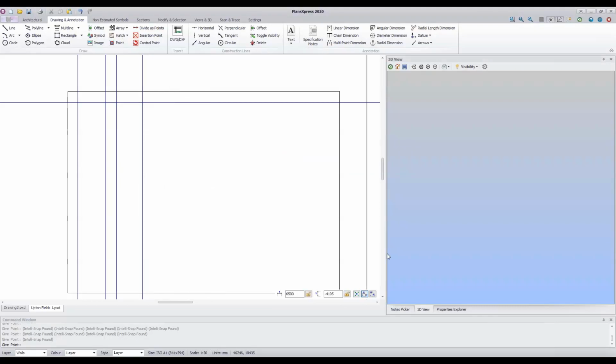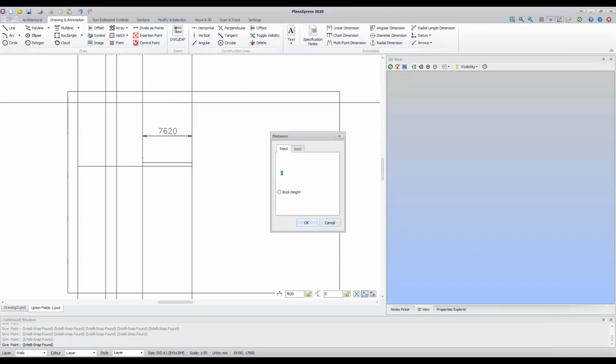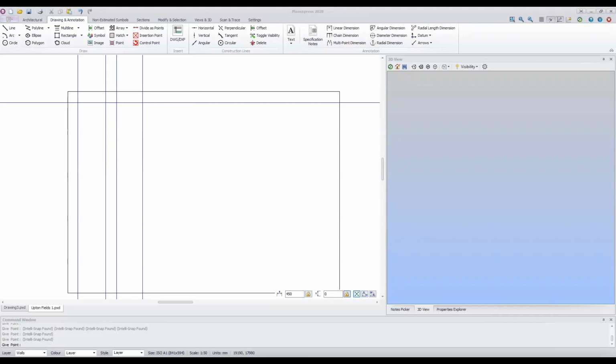Okay, I'm ready to go again. Need to switch on snap mode, hover my cursor over the nearest snap point, R key, right arrow key, type in the distance, 450 mil, click OK. And then once you've drawn all of those construction lines, you can press the escape key on your keyboard. You can see we're starting to create a grid, which we will then use to click onto to place our